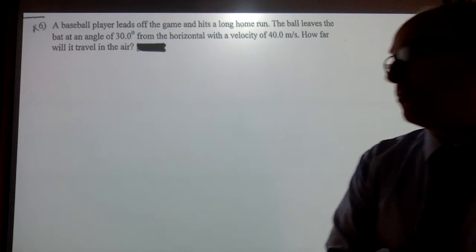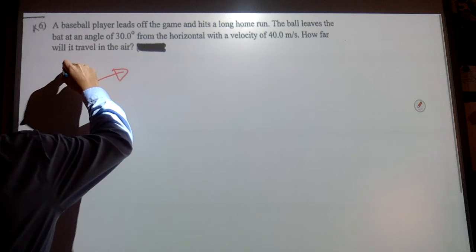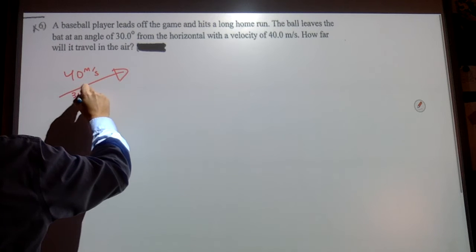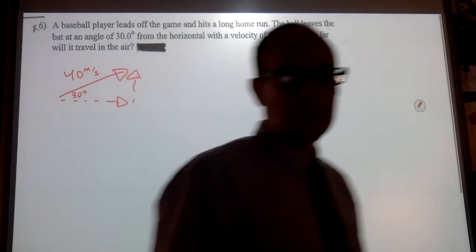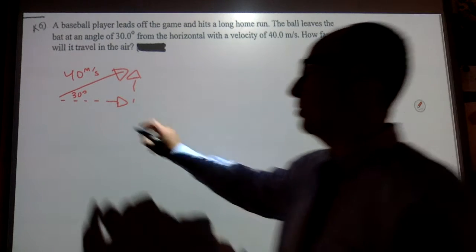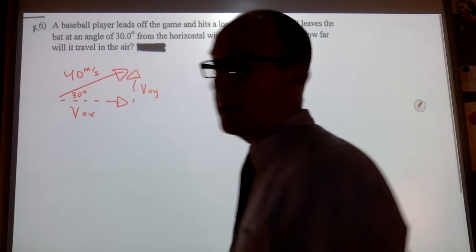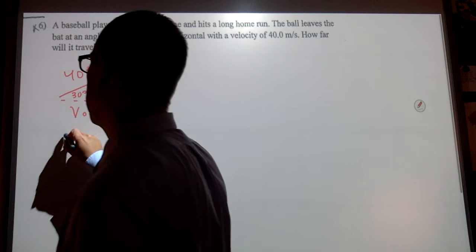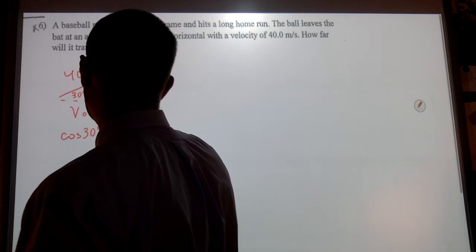The first thing that you're going to want to do is look at your initial velocity. We have nowhere to put this 40 meters per second in our chart. And so what we're going to do is resolve it into components. We're going to say I have an x direction velocity, I have a y direction velocity, and we're going to solve for these. So in the x direction, I would use cosine, and I'm going to say that cosine of 30 is going to be equal to